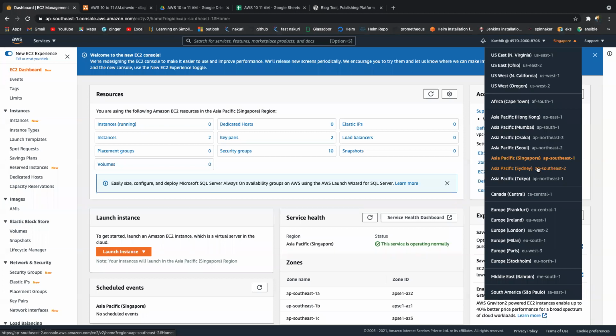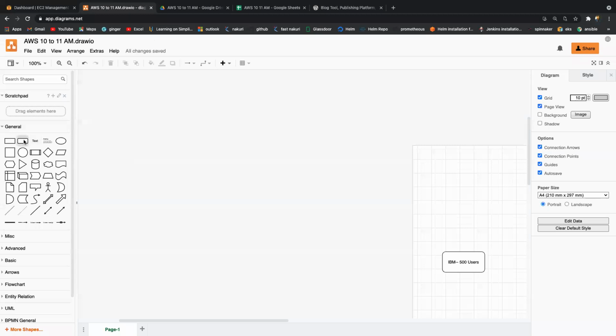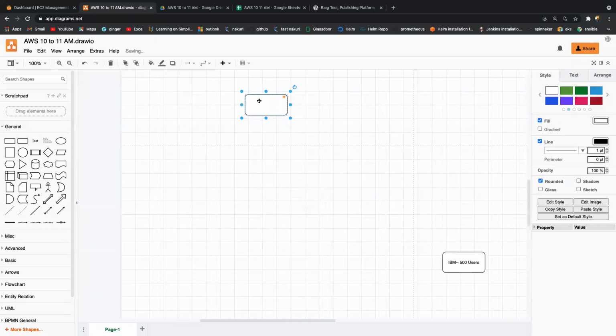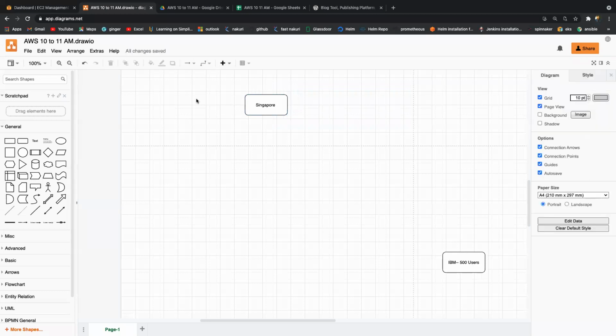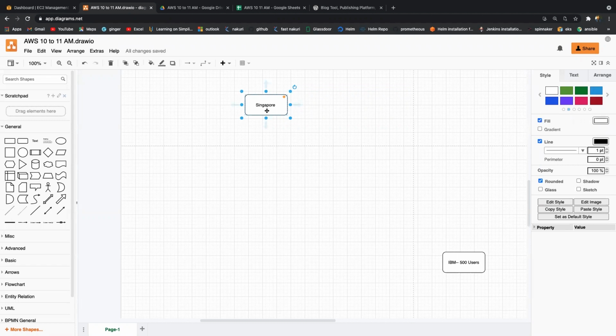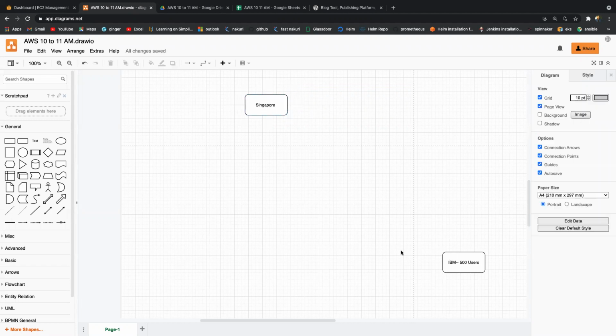Totally we have 21 regions, so I can choose any region. IBM has decided to build the data center in Singapore. So we are going to build the data center in the Singapore region. That is what we have decided. Singapore is our region.